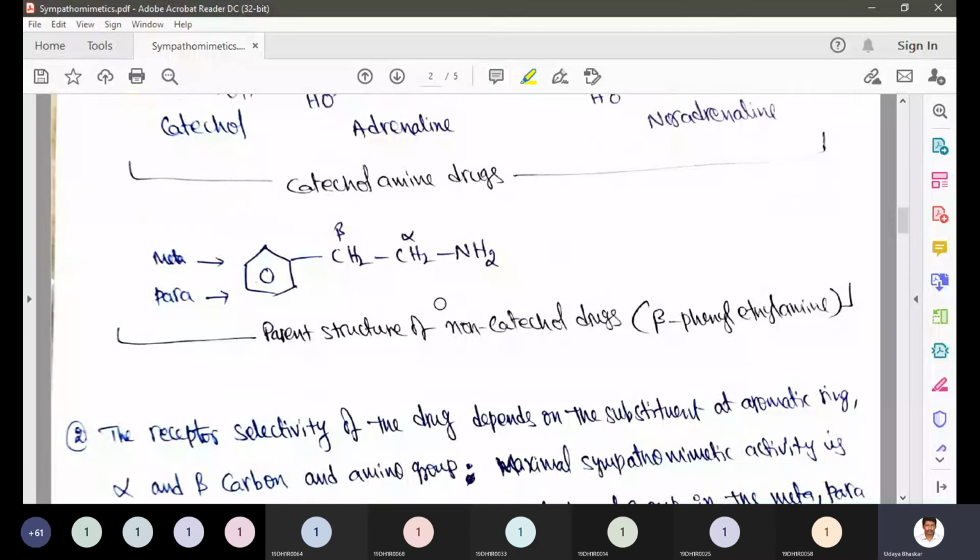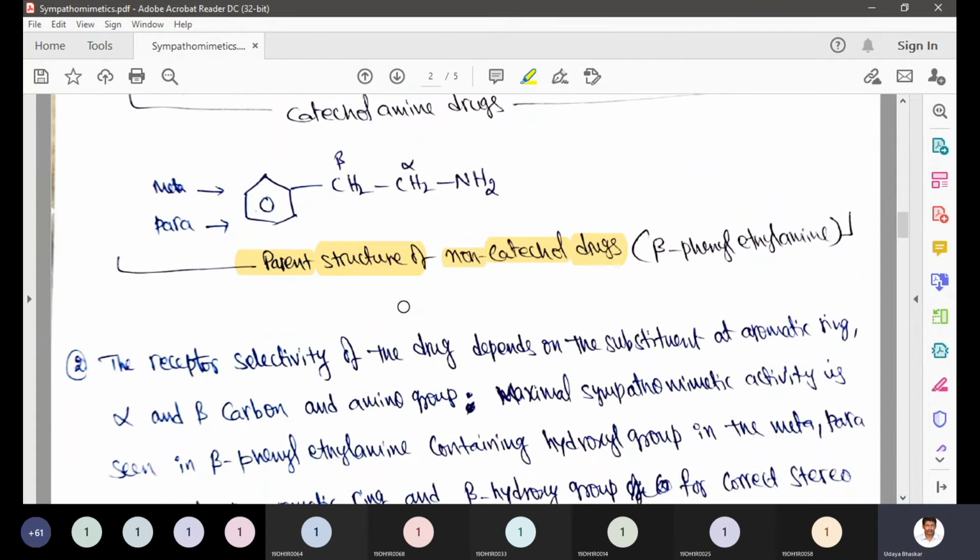So this is the general structure. We call it the parent structure or general structure for non-catechol drugs. Here there are options of only hydroxyl groups. Otherwise, the phenyl group is there, having a side chain, that is, an ethyl side chain directly attached to amine. This carbon is directly attached to NH2. The carbon next to the amine is the alpha carbon, the second carbon is the beta carbon. Please do remember it. So this is the parent structure of